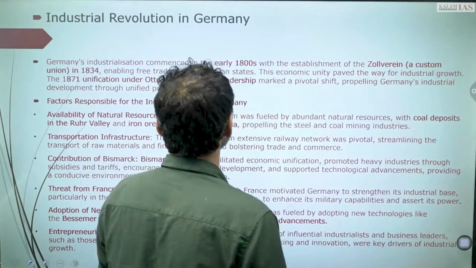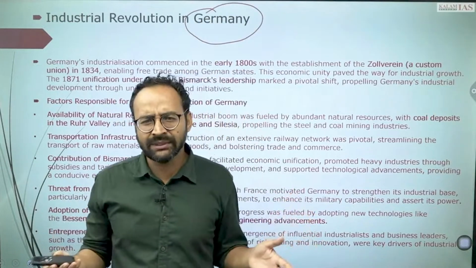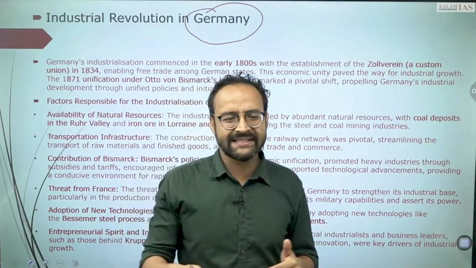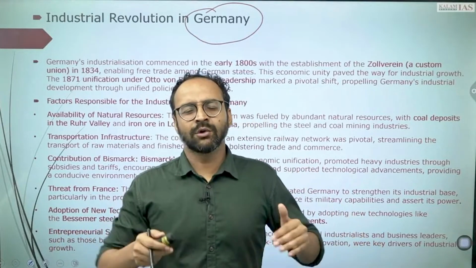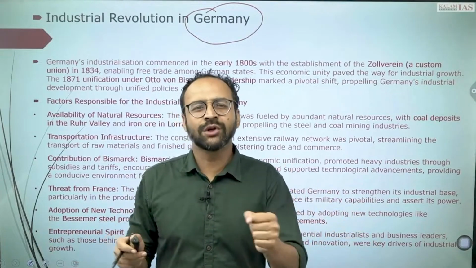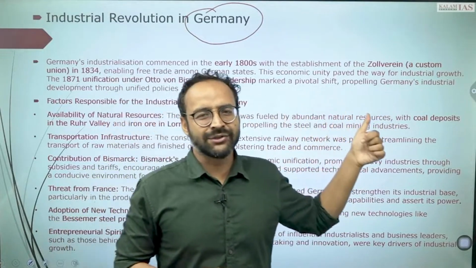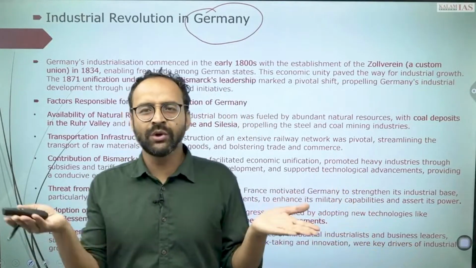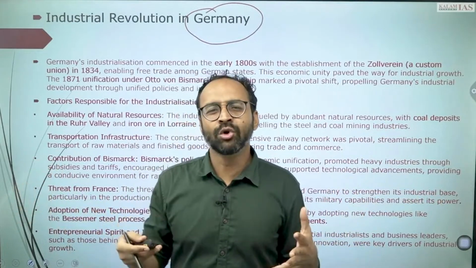Then the industrial revolution in Germany also becomes very important for various reasons, because it was Germany which was growing at a pace that was making other European powers insecure. So World War I was fought between the Allied powers and the Axis powers. The Axis powers were run, not to forget, by Germans, and the Allied were led by Britain. So these are two industrial forces, one Britain, one Germany, fighting for more resources.